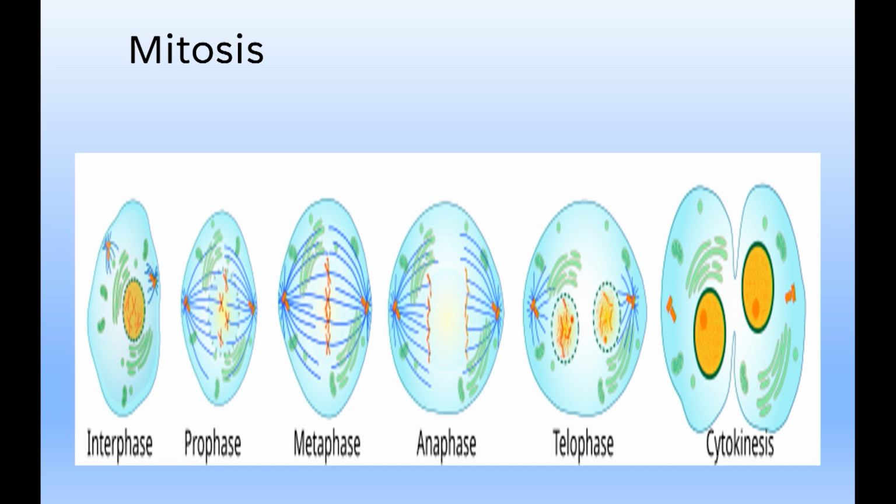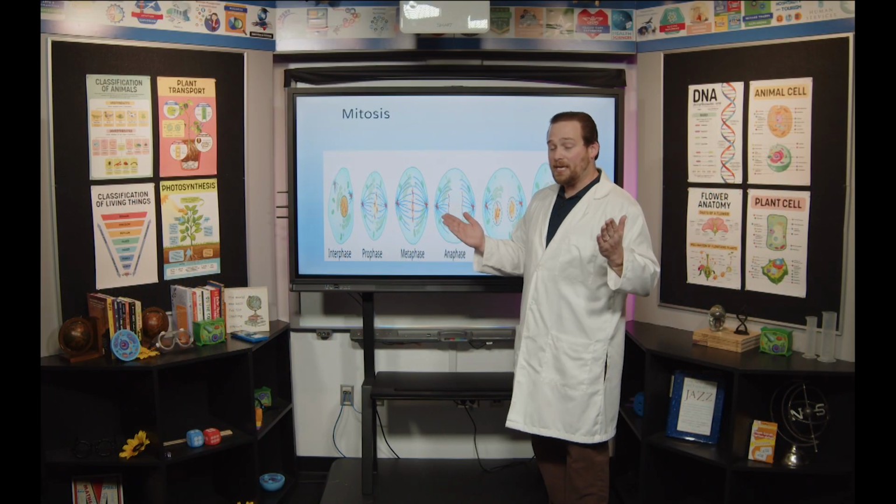But if you can just remember middle, that's going to be great here because metaphase and middle both start with the letter M. And that's going to help you remember what's going on here. During metaphase, the chromosomes get lined up in the middle. We're lining them up in the middle so that we can divide them evenly, okay?